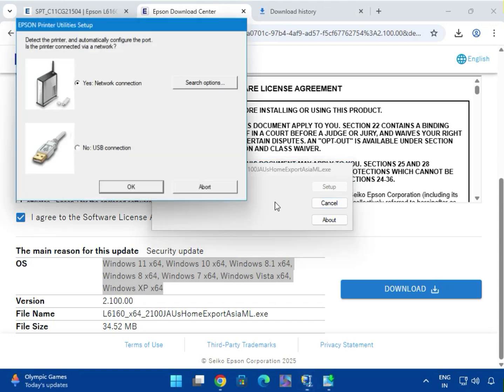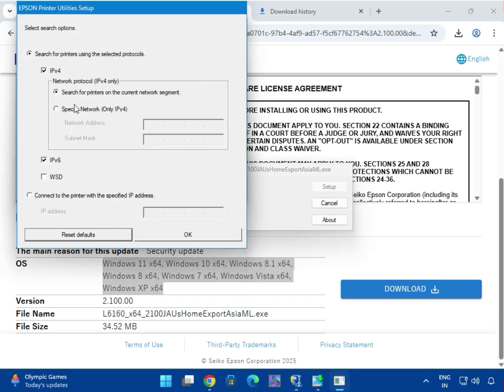And if you know the printer IP, you click on search again, and like this you enter the IP. Okay, and also you have a subnet mask and network IP address. You enter both one by one. Okay, so